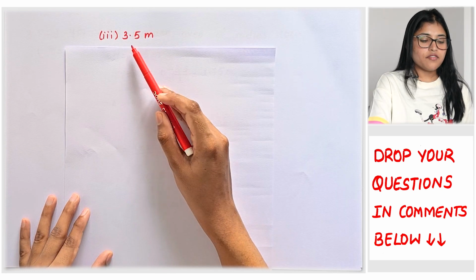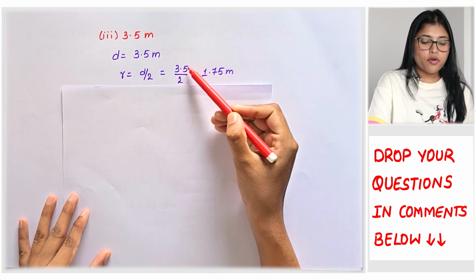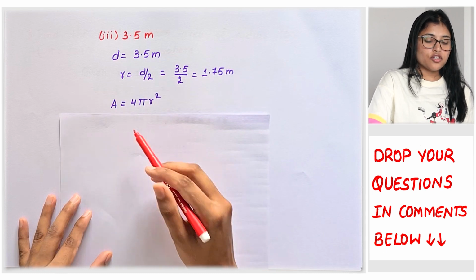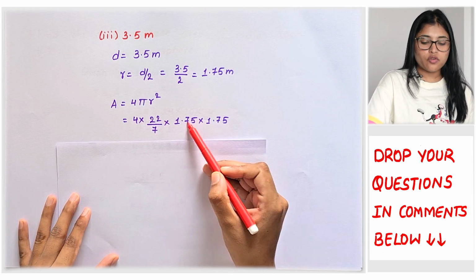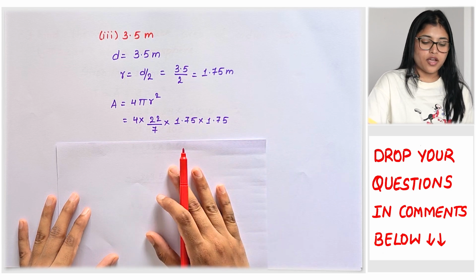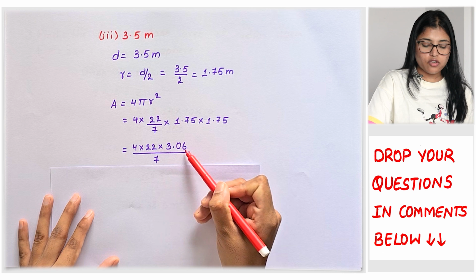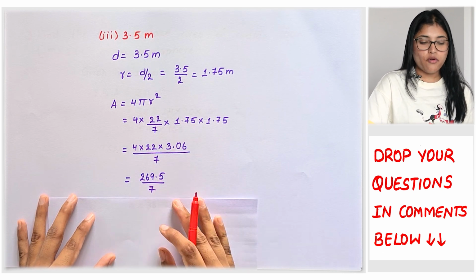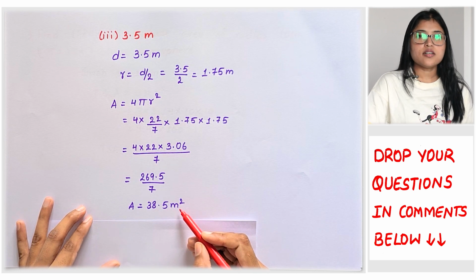The third diameter is given as 3.5 meters. Now finding the radius, I need to do 3.5 by 2, which will give me 1.75 meters. Now substituting it in the place of r, I can write 4 into 22 by 7 into 1.75 into 1.75. Now 1.75 into 1.75 gives me 3.06. 4 into 22, the whole thing becomes 269.5 by 7, which becomes 38.5 meter square, which is the surface area